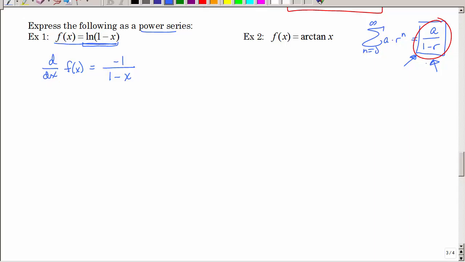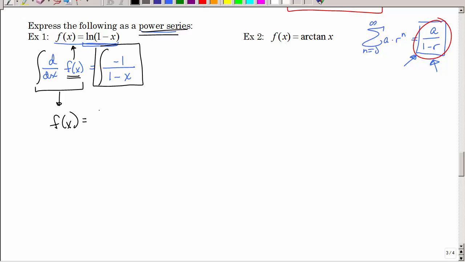All right, so what if I took the integral of the derivative? If I take the integral of the derivative, don't I get back my function? And that's what I'm trying to do. So I'm going to integrate both sides. So this is going to give me my function. But remember, trying to get to a power series. So I'm going to integrate